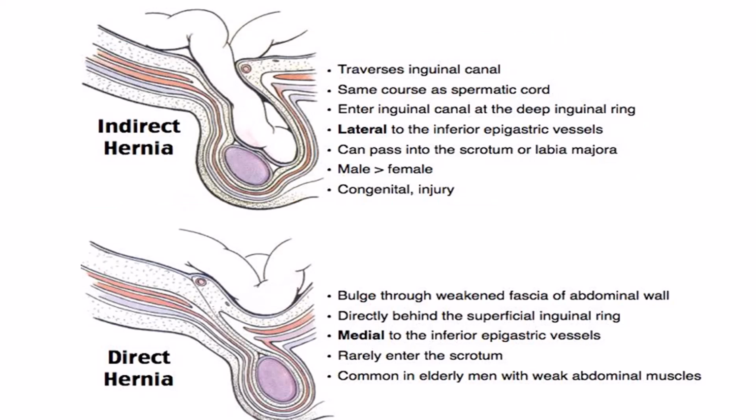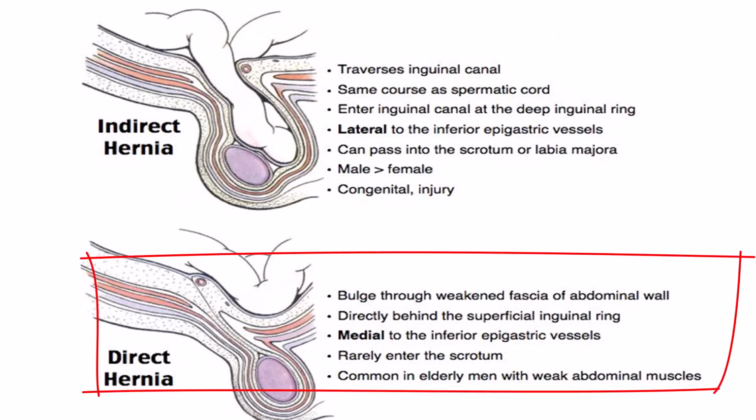We will talk about a direct inguinal hernia. You know it's a rule breaker, so it doesn't bother taking the deep ring, or it doesn't enter through the deep ring. Instead, it bursts directly through a weak spot in the posterior wall of the inguinal canal, and emerges straight out through the superficial ring. Because we know the exit pathway is only the superficial inguinal ring, it has to exit through the superficial inguinal ring, but it's not coming through the deep ring, it is coming directly through a weak point in the posterior abdominal wall.